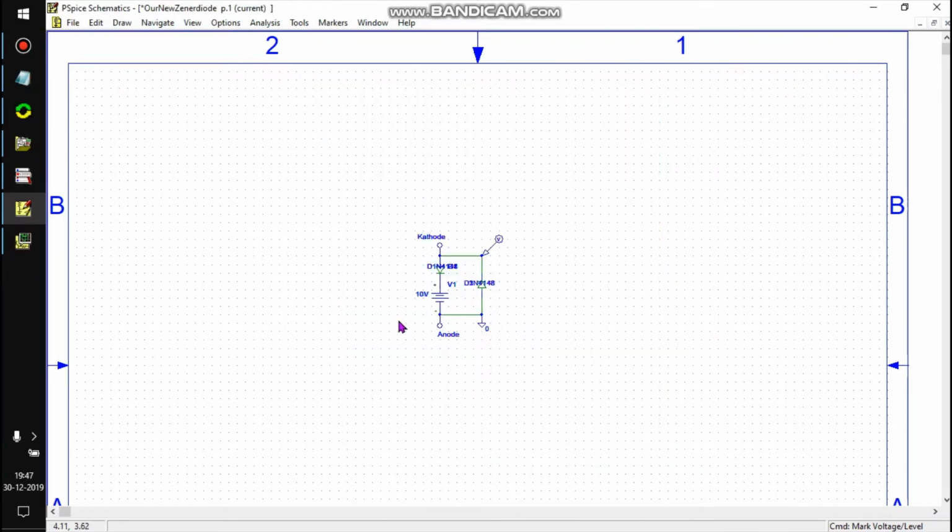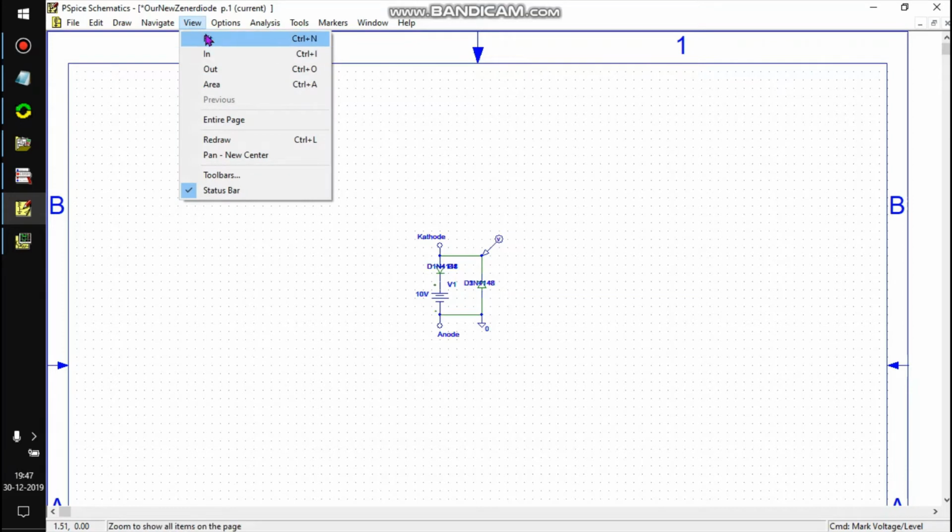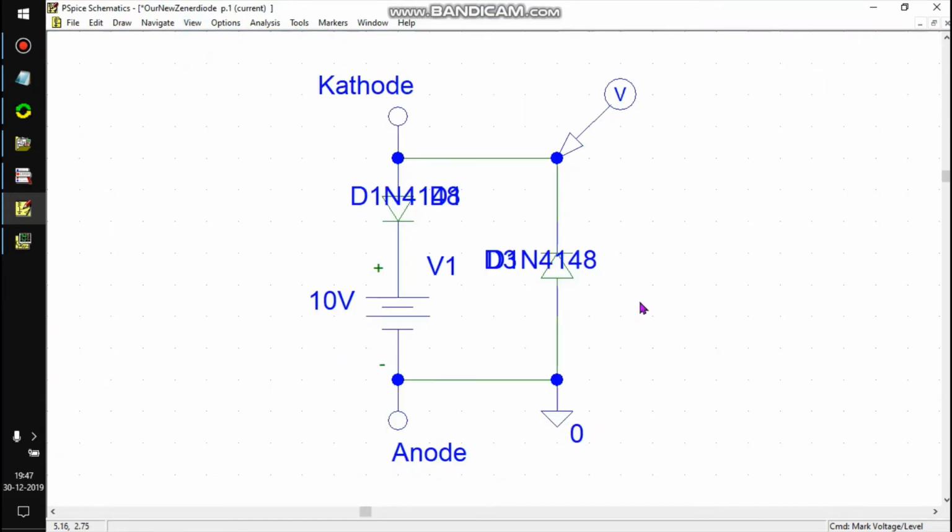So normally when you are going to simulate to see how a circuit works when you build it, you need to use a zero reference node.